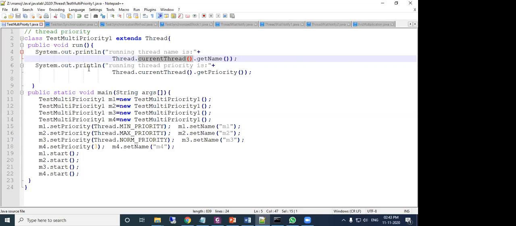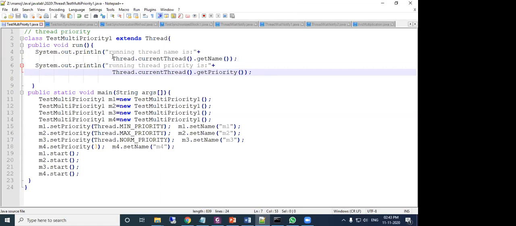Then System.out.println, here Thread.currentThread().getPriority(). The getPriority method is used to return the priority of the current thread. So this is for getting the priority value. You can note down these things.